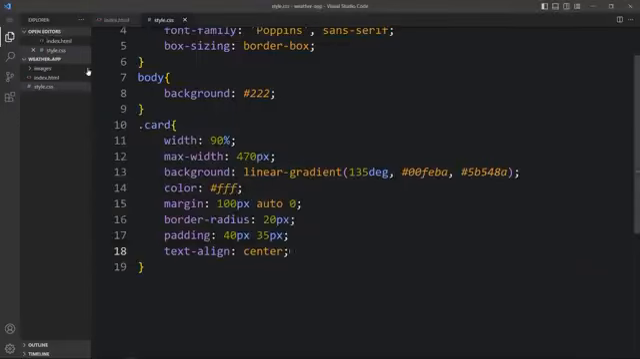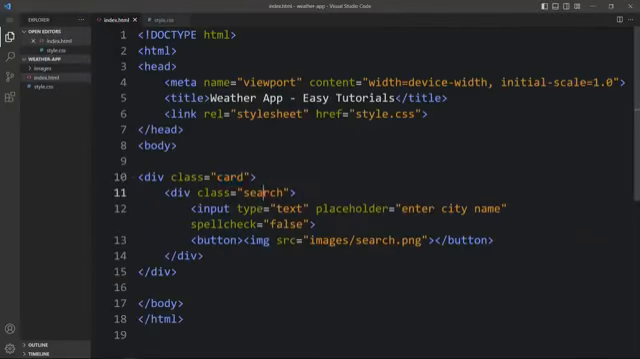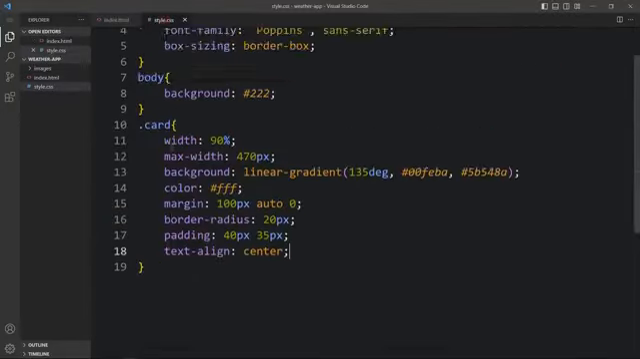And text align center. Now you can see this gradient color in this box, and this box is in the center. And now we will add the CSS for this search. So let's come back, and here you can see we have the class name search. So write this class name here,